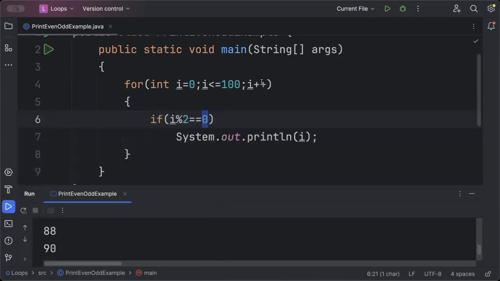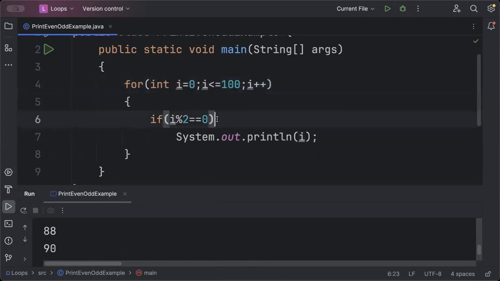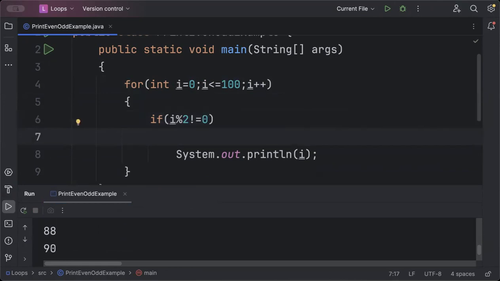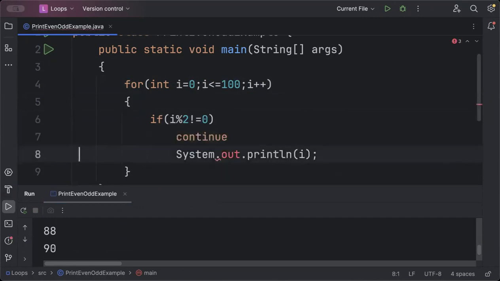But the problem is here we have 100 iterations. Why? Because every time it increases by 1. We did the same thing by incrementing with 2, which means a slightly higher jump. So it's just one of the things. And the other thing is that, for example, we may say not equals to 0. It's also possible. So what you do is that you just